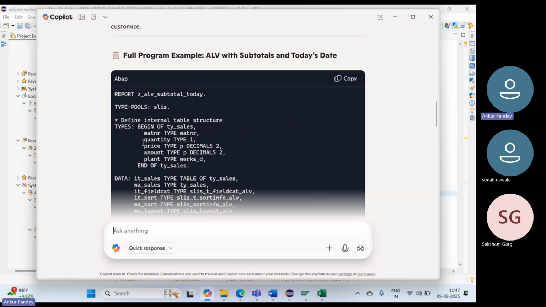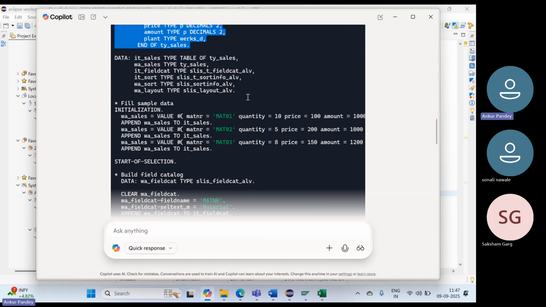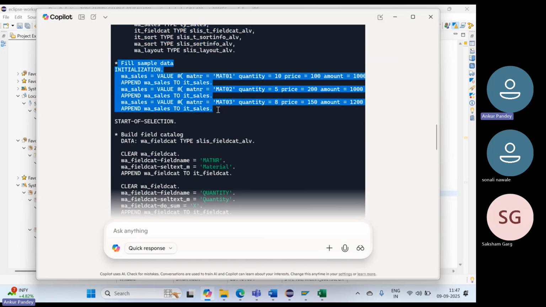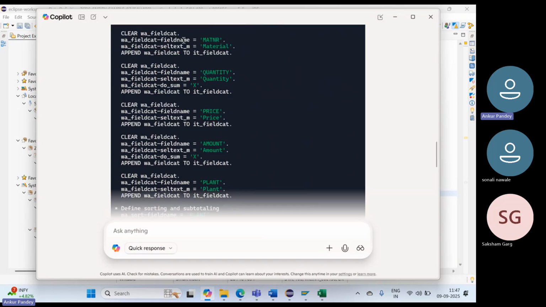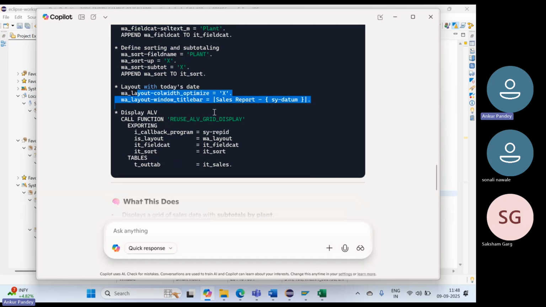So here, for creating the structure, it is declaring this structure as an internal table and work area. Then they are filling some data and building the field catalog, right? The field catalog defines what fields they want,